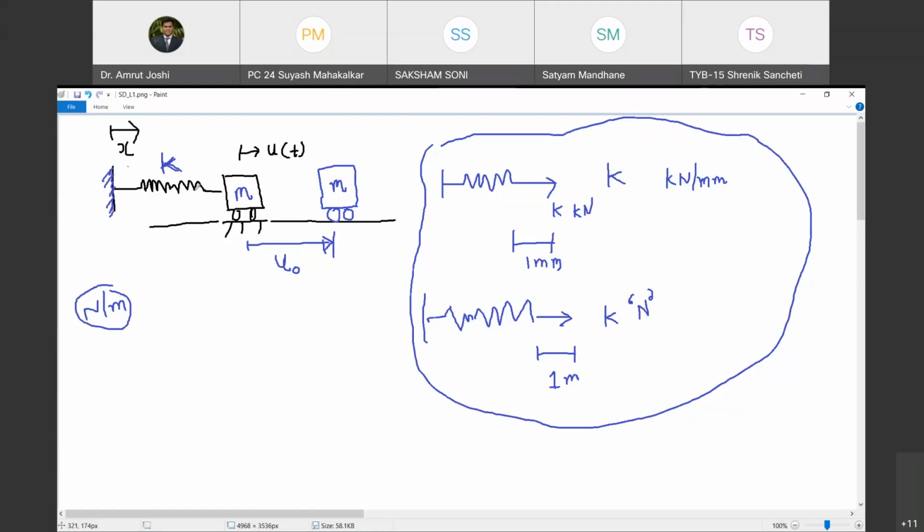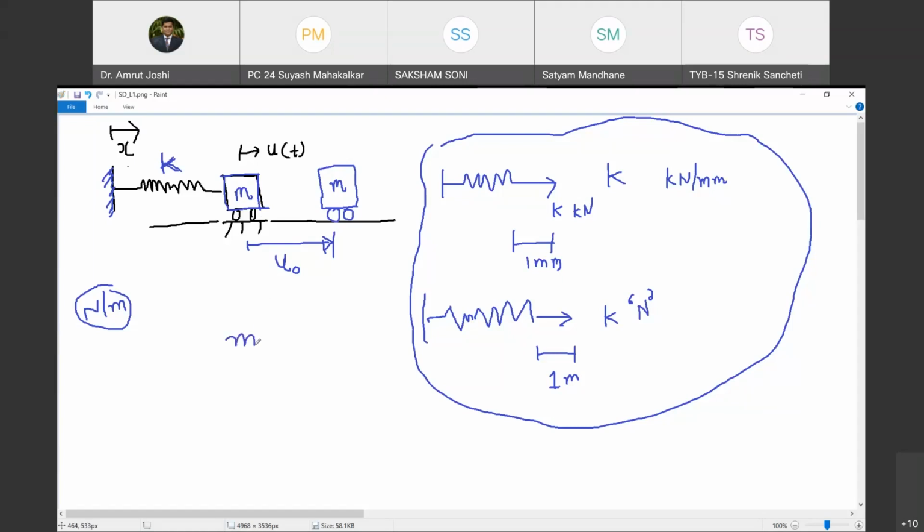Okay. Now this spring is attached to a fixed support, something like a wall on the left hand side, and on the right hand side you see an element which I have shown as a box and I have written the name M here. So what does it mean? It means that it is a mass element. So this is a box of mass M. Are you with me? Yes, sir.